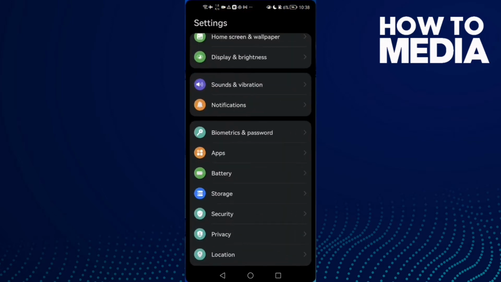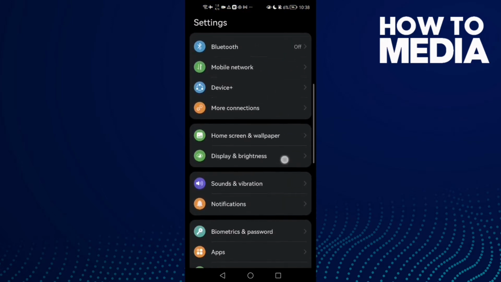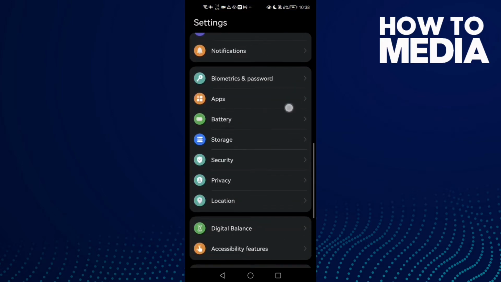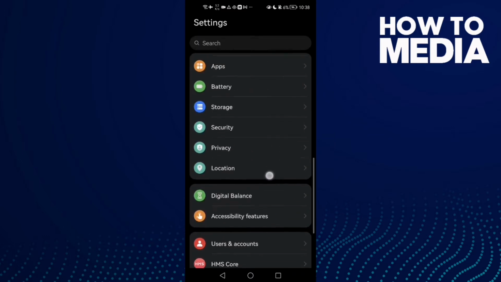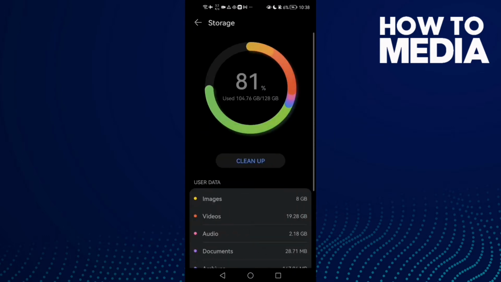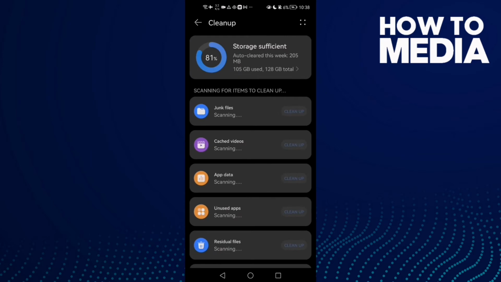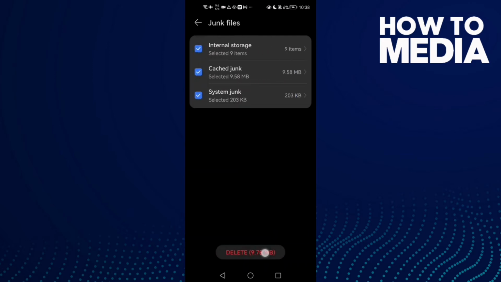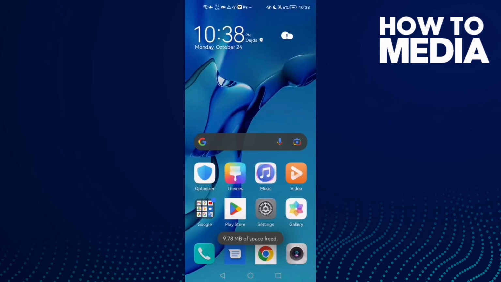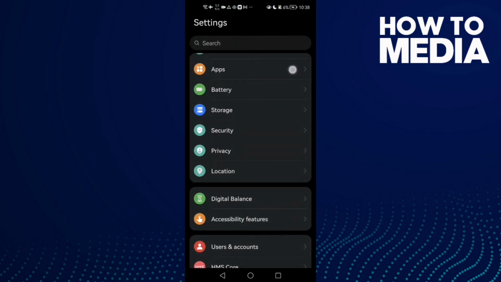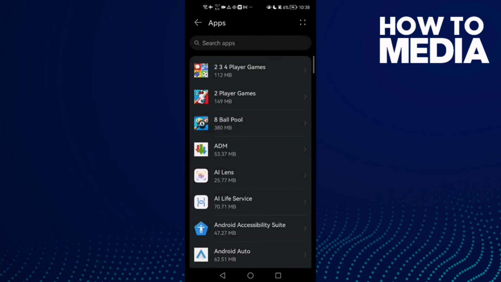First, open settings and then just scroll down until you find the storage, and now click cleanup, and here you will find this one, junk files. Just wait for it and then click clean up junk files or cache, and just clean your phone cache like that. Click on it and click delete, and then just go to settings and then apps again and go to